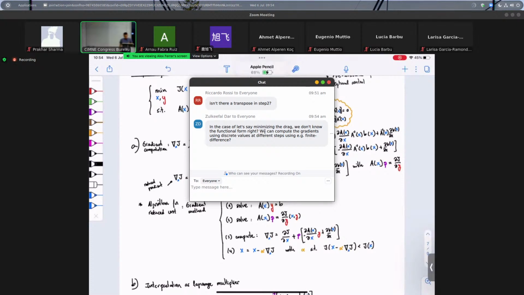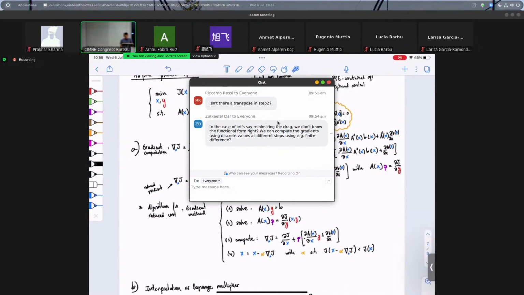Another question. Yes, can someone read it? In the case of, let's say, minimizing the drag, we don't know the functional form, right? We can compute the gradients using discrete values at different steps using, for example, finite differences. Yes, I understand. They're asking about this derivative here: what is the partial derivative of the drag with respect to, for example, the shape of the cylinder? Sometimes you don't have it